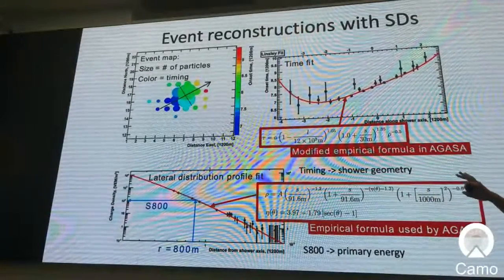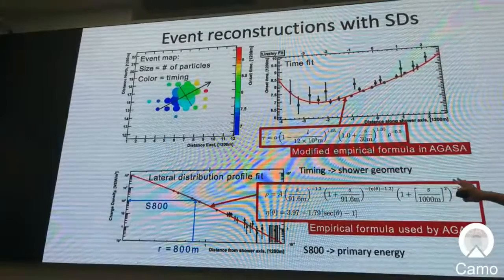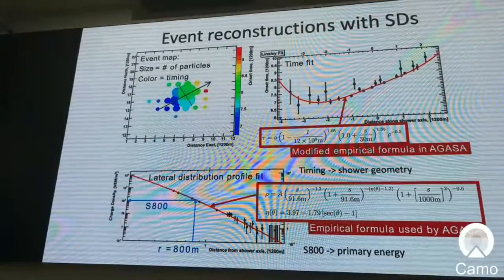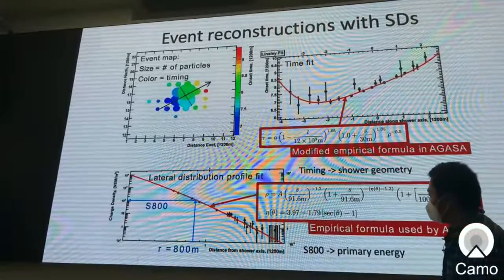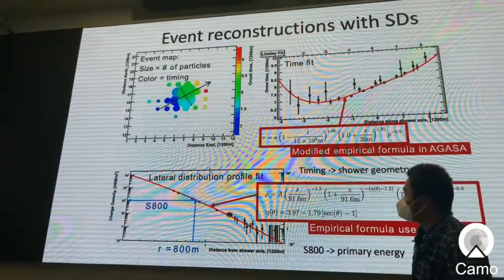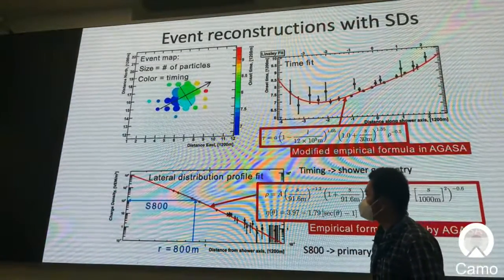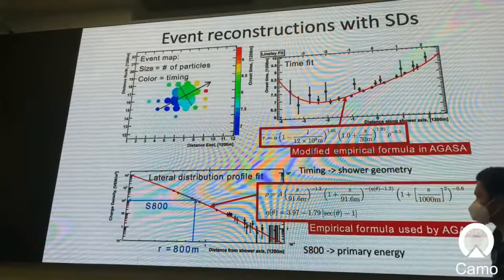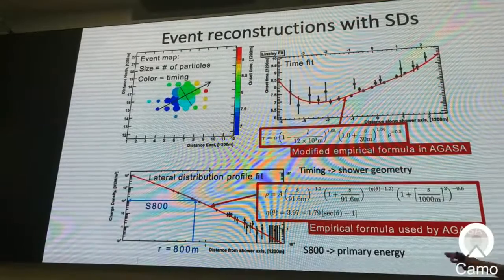From the timing information, we reconstruct the shower geometry. This is a figure of fitting of the timing. And this is a fitting of signal density of detectors. This is known as the lateral distribution fit. And using this fit,